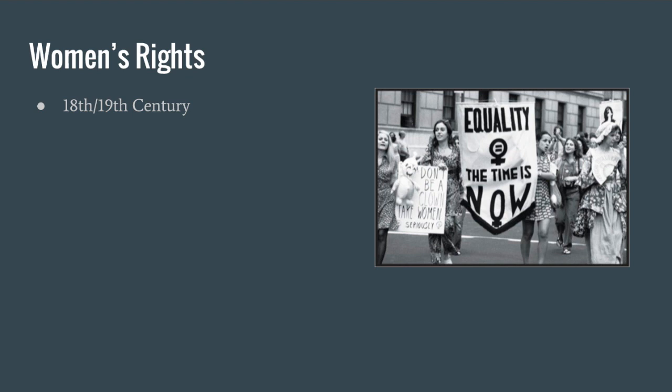1872, Congress, and this is actually kind of remarkable, Congress required equal pay for equal work for federal employees. 1872. That's a very early move in that direction, considering that we're still dealing with lots of equal pay issues today. Going back to the voting rights issue, in 1874, the Supreme Court ruled in Minor v. Happersett that women did not have the right to vote from the 14th and 15th Amendments, that being a citizen did not confer voting rights, that women were a special class of citizen that did not have the right to vote. So good times there.